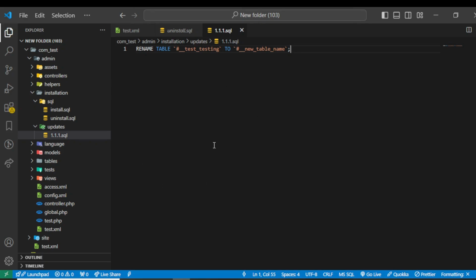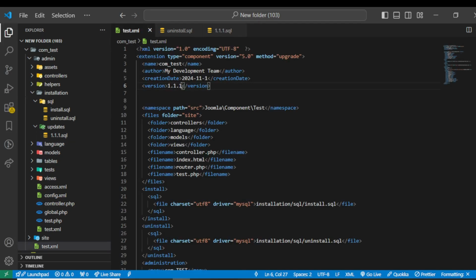In a new version, if you don't need to update the SQL, you can leave it as it is. For example, in 1.2, if you don't need to update the SQL, you can leave it as it is. But in a later version, 1.2.3 for example, if you want to update the SQL, create